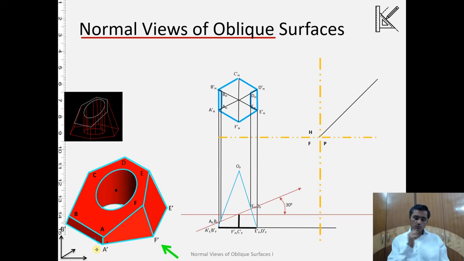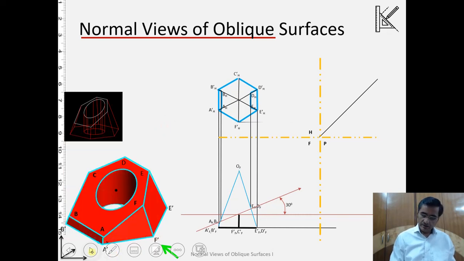Now one more thing, in order to create the full horizontal projection, in addition to points AB and DE, I also need the corresponding points C and F. Where are those points? From the frontal, if I take the projector up, yes, I know it should be somewhere here, but where? We do not know that location. So what we will do, we'll make use of the profile view. We'll create the profile view, and with the help of the profile view, we'll try to identify these points.